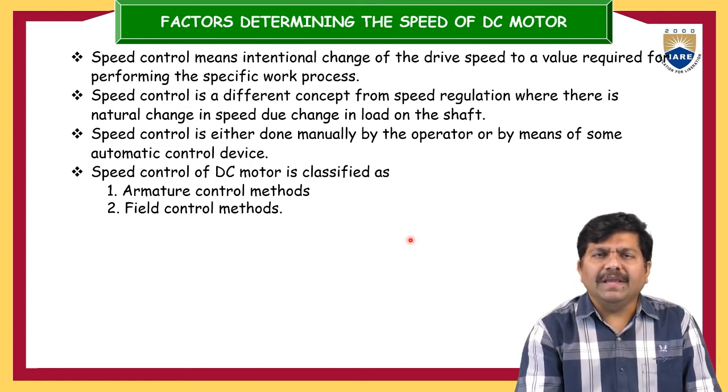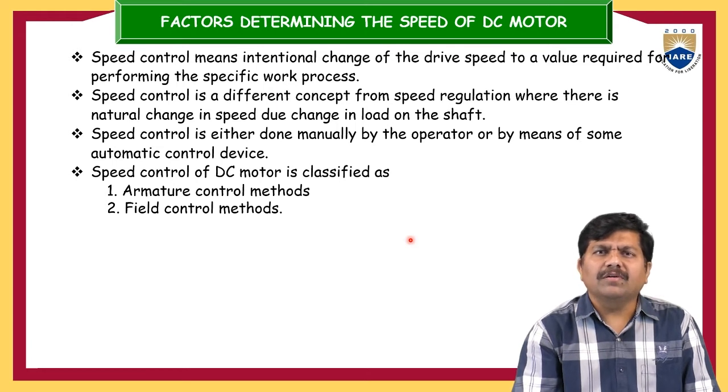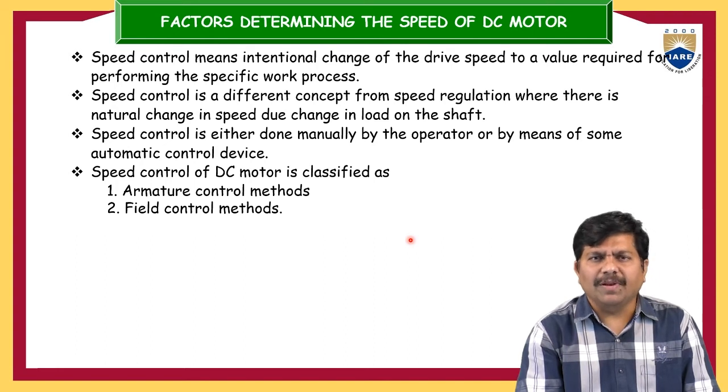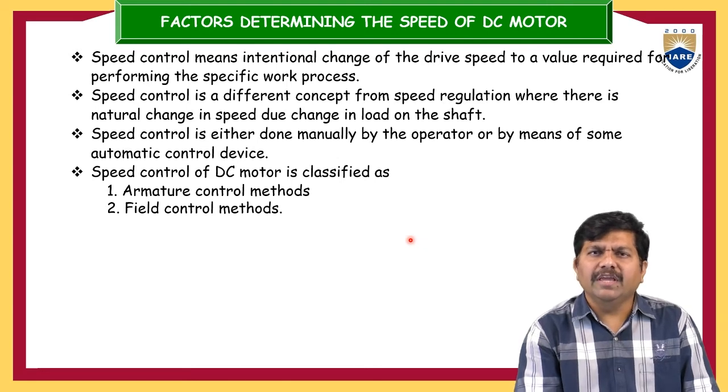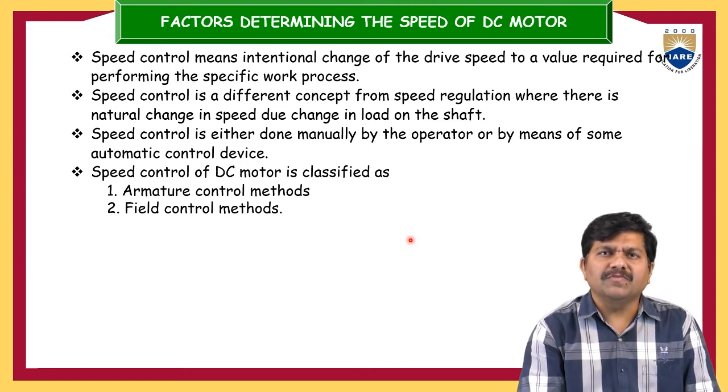So speed control means, suppose you want to regulate the speed based on the application, there are some basic methods available. Of course, speed is also a function of the supply voltage, but in the majority of cases, the supply voltage is assumed to be constant. Even so, if you want, we can take it. Now there is the Ward-Leonard method. This is a widely used method in the industry. With the help of that, we are going to study the variation of the voltage in proportion to the speed. More specifically, in certain industries, this method is widely used.